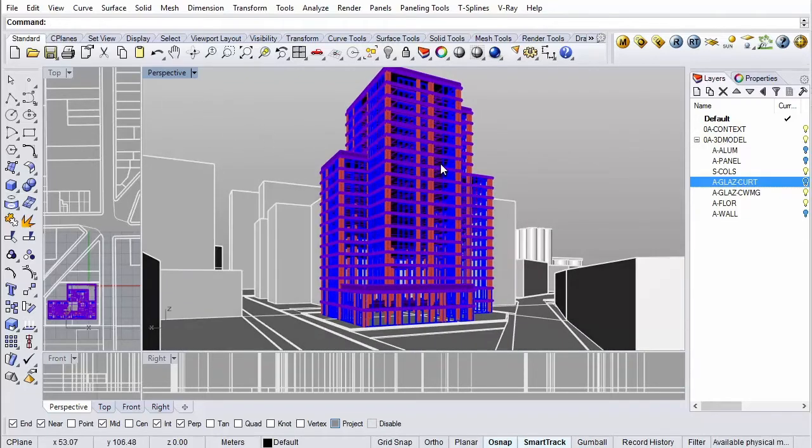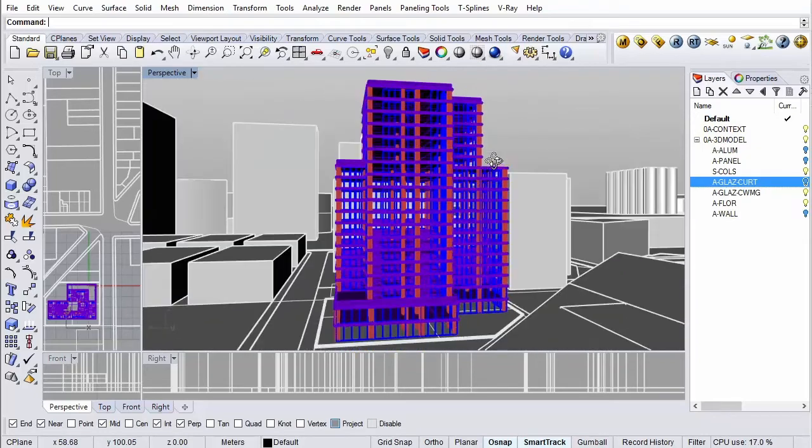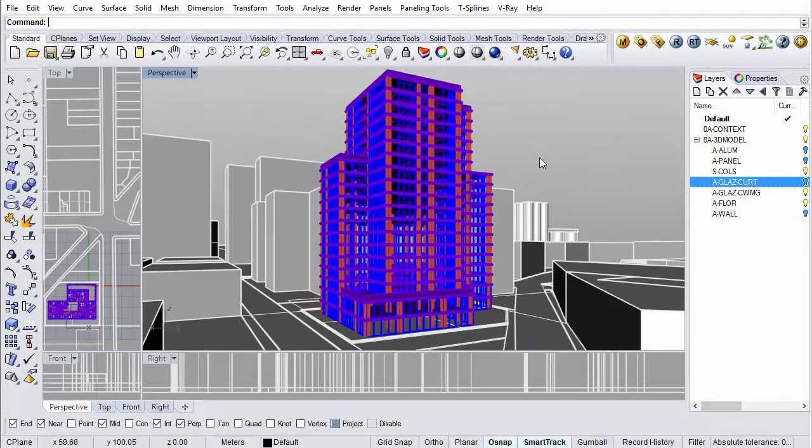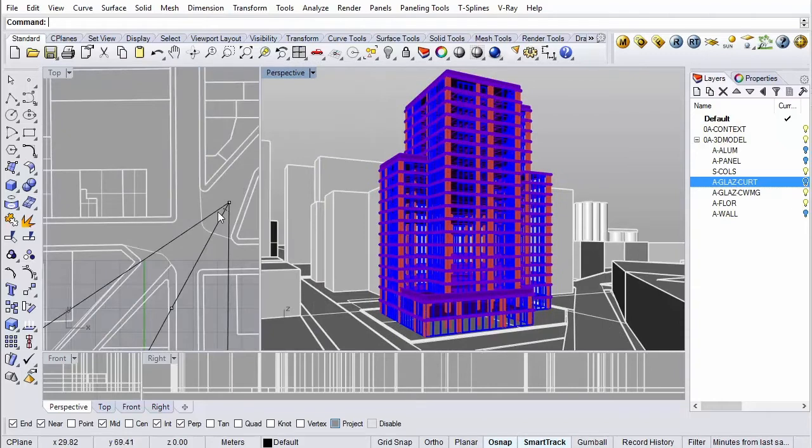So you can't really do that comfortably using normal navigation tools. And so what you have to do is type in camera, click show, and make sure the perspective view, the view that you want, is selected. And that will make the camera visible as an object.